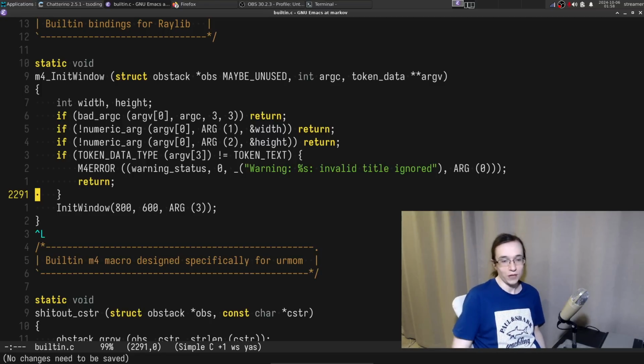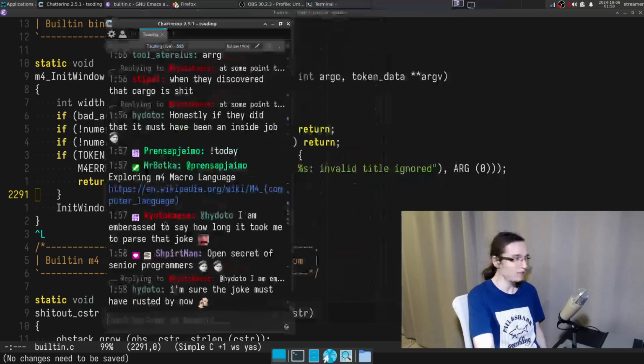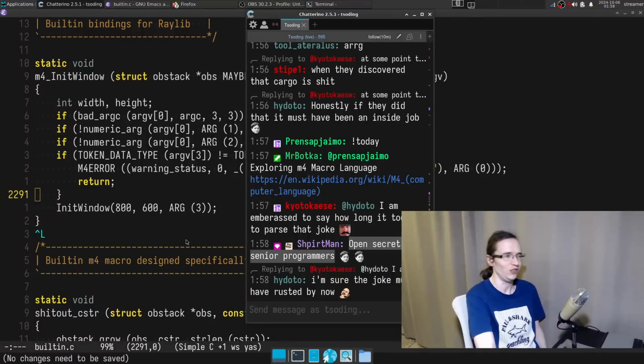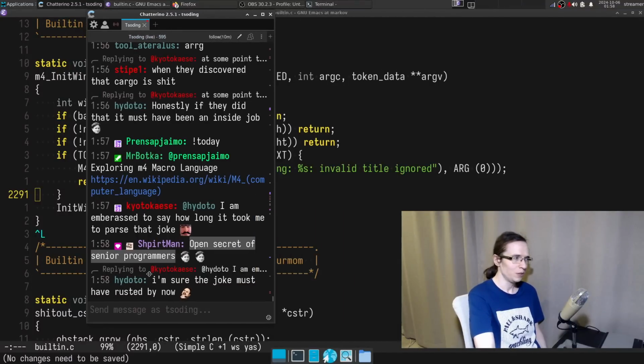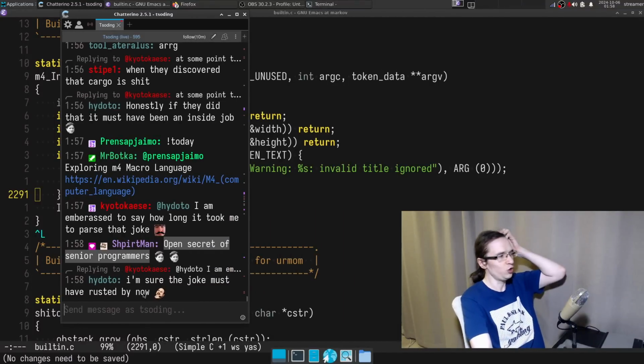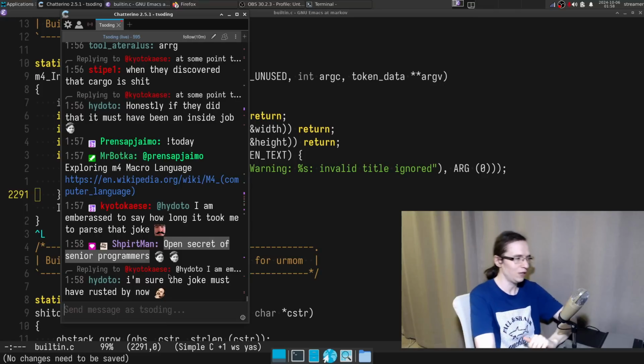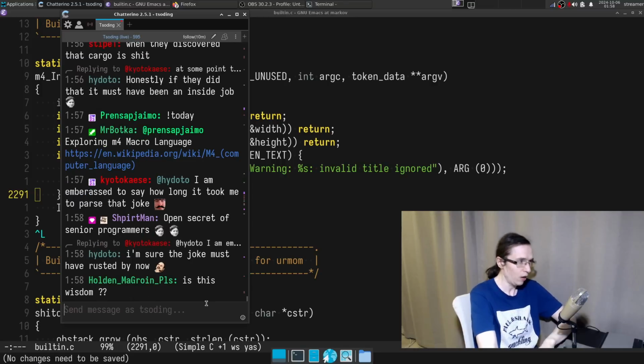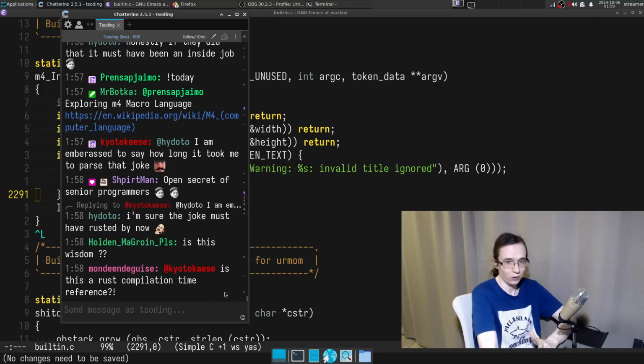Open secret of senior programmer. Exactly. Being a senior software developer is literally knowing how to do what I just did. Because the first sign of a junior is just looking at the code base, not knowing how to do a certain thing, and going to ask. Seniors just look around at the source code, see how it's done in other places, and just replicate it. So that's how it works.